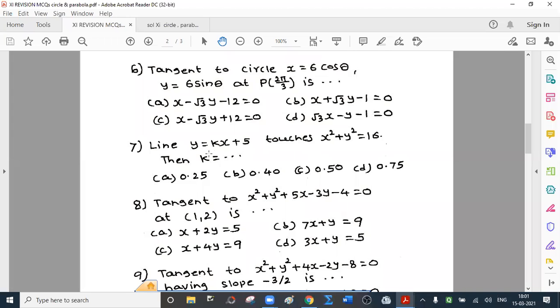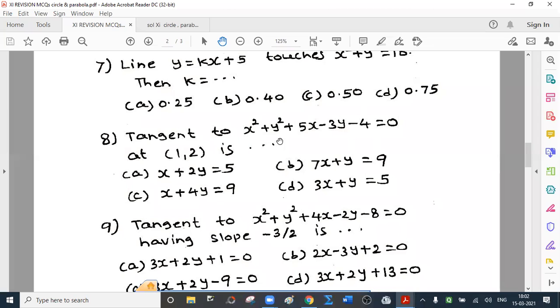Actually, there is one more method. I'll explain that. See, put value of y in the equation of circle to get a quadratic equation in x. Why quadratic equation? Because two values of x are the x coordinates of 2 points of intersection, the points in which line cuts the circle. But if line is tangent, 2 points will not be distinct, they will be coincident. In other words, roots of quadratic equation will be real and equal. So discriminant will be 0. So equate discriminant, which will be in terms of k, with 0 to get the values of k. Okay.